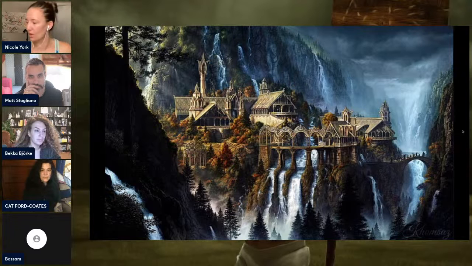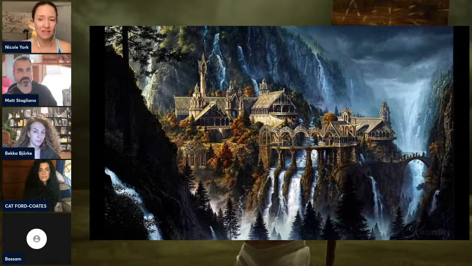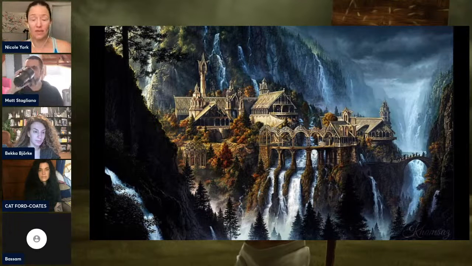And before we move on to look at a few different images, I just want to point something out here. There are important things happening in the environment, not just here in the architecture. We have storm clouds back here, right? But we have the sun peeking through and lighting up this place. Not only does that create contrast between the architecture, the place where these creatures are living, and the environment, but it actually tells something about the history of these people.